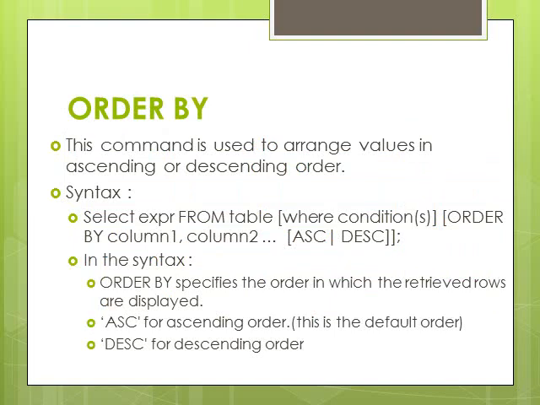As we have discussed, the default sorting order is ascending. Numerical values are displayed with the lowest value first, and date values are displayed with the earliest value first. Similarly, character values are displayed in alphabetical order. For example, A is first and Z is last. But if there are null values, then null values are displayed last for ascending sequence, and null values are displayed first for the descending sequence.